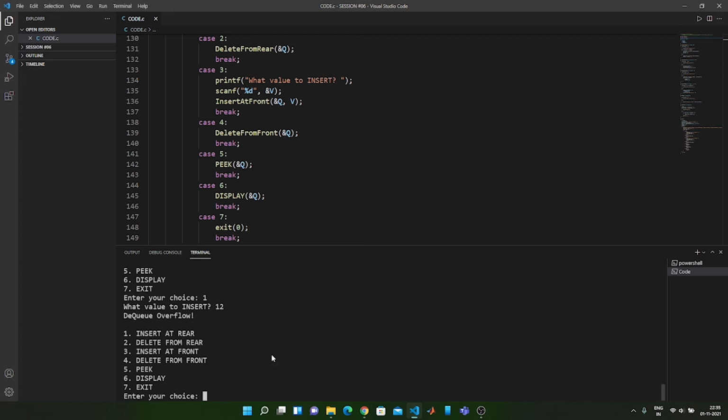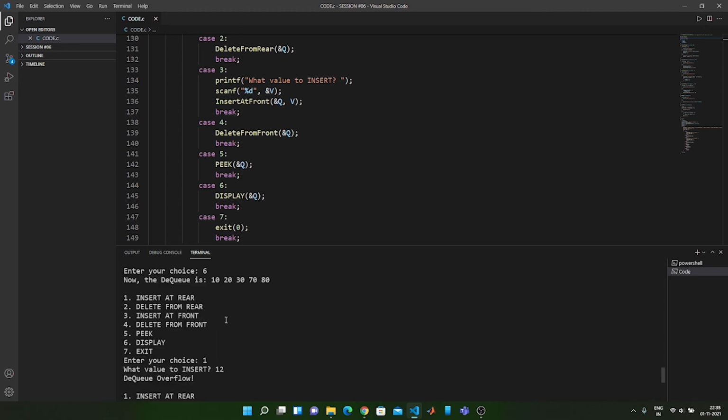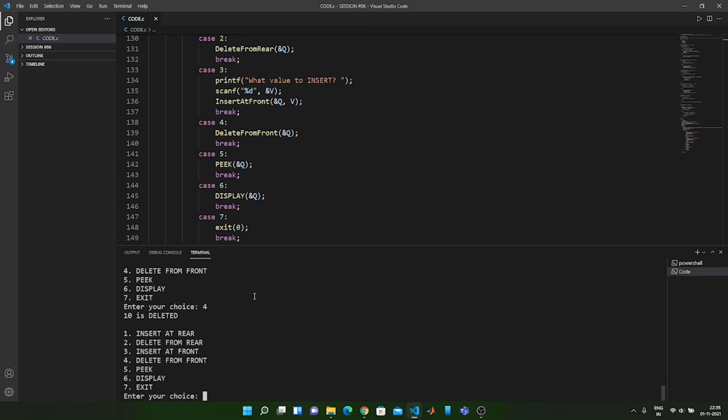And now if I want to delete from the front, then let's see what happens. So in the front we had 10, so 10 is going to get deleted. And now if I display the content, then you can see that the content is 20, 30, 70 and 80.